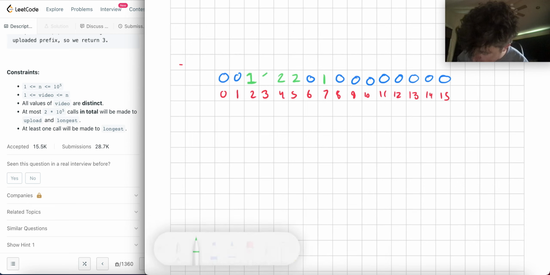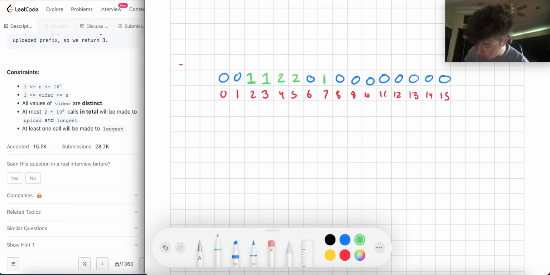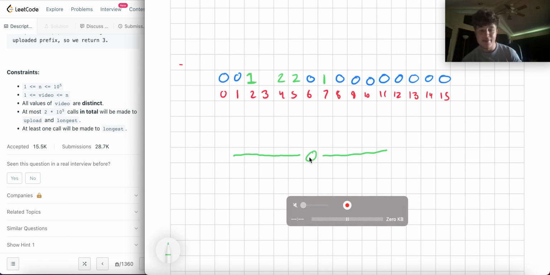Because when I set the 3 here, now it should be length 4. What you can think of is, if I'm setting this bit, then the length of this entire substring is everything to the left and everything to the right plus 1, which is me.